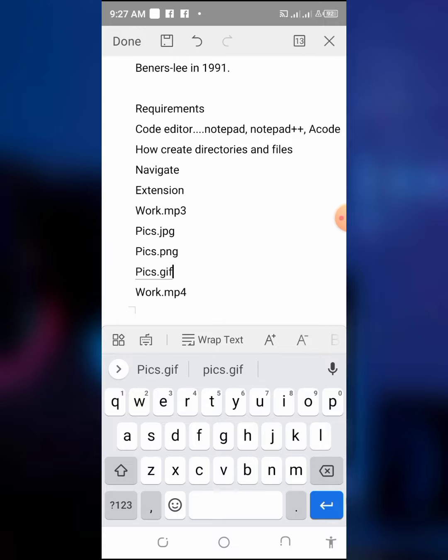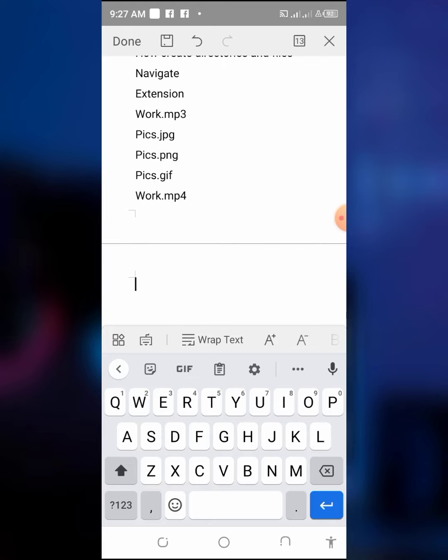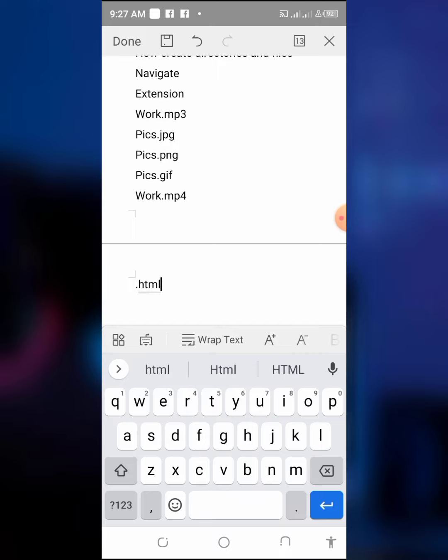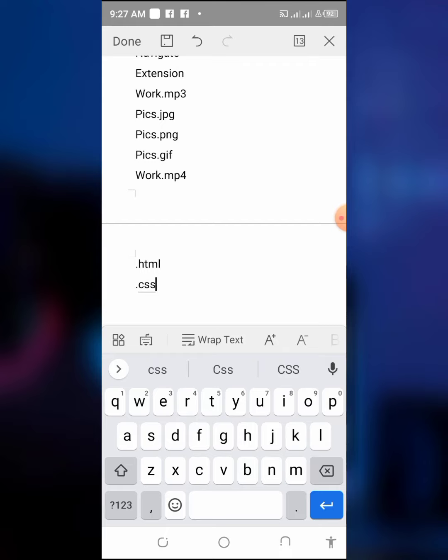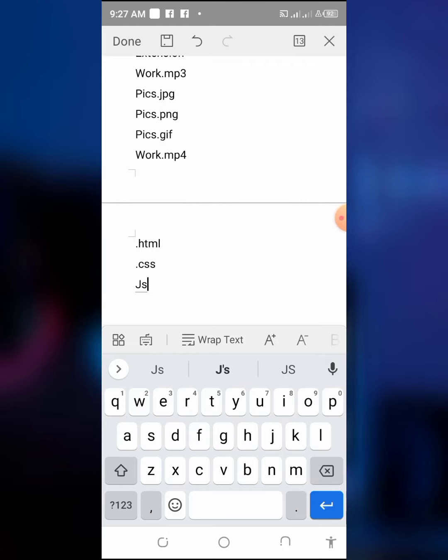Why we are going to learn these extensions is very important, because we're going to be needing them. For you to create an HTML file, you have to name it, and that name has to end with .html, so that your computer or laptop or web browser will be able to recognize that you are going to write an HTML file. If it's CSS, it will be .css. If it's JavaScript, it will be .js. If it's Python,